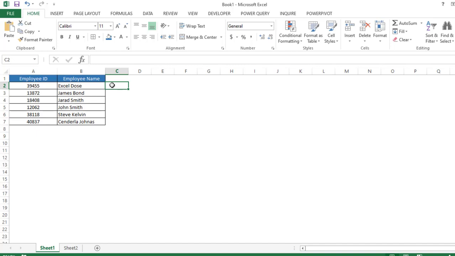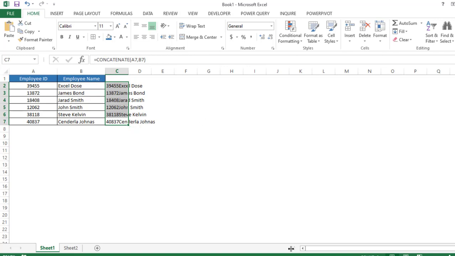The next difference is autofill. Suppose I want to concatenate these two things, the employee ID and the employee name, for this complete data. We type CONCATENATE, select the first value and the second value, and then press Enter. Now you can see the formula is applied only in one cell, right? If I want to apply the formula to other cells, we have to drag the formula.